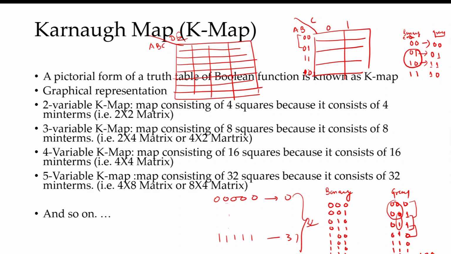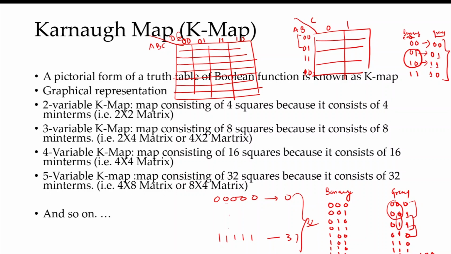the columns. The columns are represented in gray code sequence, written as 0 0, 0 1, 1 1, 1 0, because this is the gray code sequence corresponding to binary. For binary 0 0 the corresponding gray code is 0 0, for binary 0 1 it is 0 1, for binary 1 0 the corresponding gray code is 1 1, and for binary 1 1 the gray code is 1 0. That's why here we follow a gray code sequence, so the columns are represented like 0 0, 0 1, 1 1, 1 0.